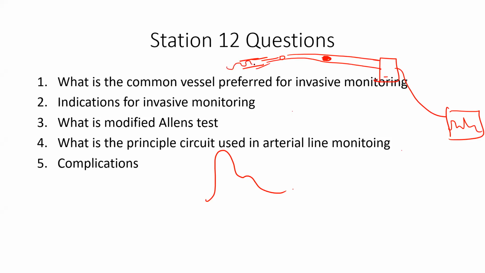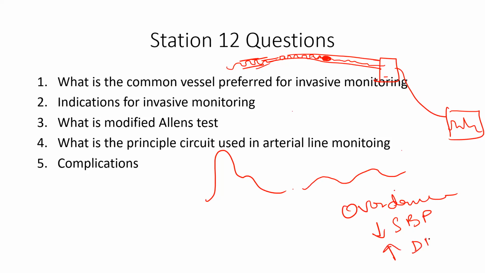The arterial pulsation hits the cannula and is transmitted along the fluid column. When there is a clot, it takes up all the energy from the pulsation, so beyond the clot a very small amount of waveform reaches the transducer. The wave will look like this. This is an example of over dampening. In over dampening, the problem is that it underestimates the systolic blood pressure and overestimates the diastolic blood pressure. Now, what is under dampening?